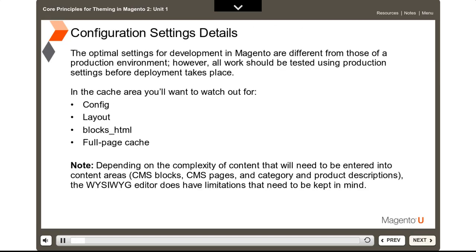Best practice. The optimal settings for development in Magento are different from those of a production environment. However, all work should be tested using production settings before deployment takes place. In the cache area, you want to watch out for config, layouts, blocks_HTML, and full page cache. You can turn on the developer mode using the .htaccess file. Set environment mage_mode developer,